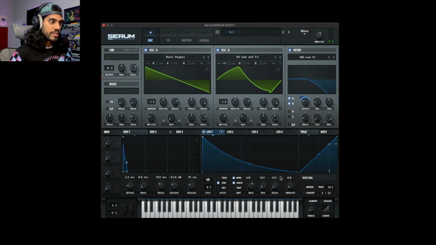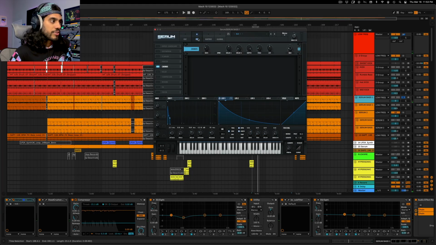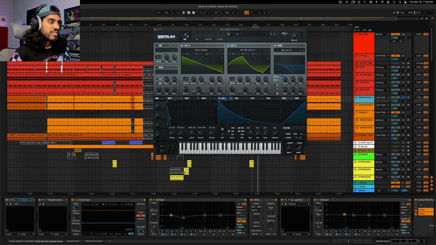And I have it sloping down here pretty quick, and that's giving it that plucky sound. If I bring it up, it's going to get less plucky, but we don't want that. And then on the effects side, I just have a little bit of chorus, with the mix down to 6%. You don't want too much chorus on this, or else you're going to lose a lot of the bass and get way too many phasing issues. But I like to have just a bit of chorus for some stereo width,